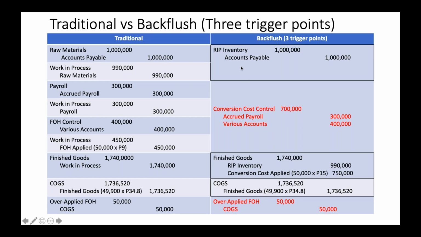Again, the trigger points are upon purchase and upon completion. So upon completion, this is our entry. And all the amounts can be computed because we know the standard unit cost and the applied rate for each element, for raw and in-process and the conversion cost, and that is 15 and 19.8. Okay, upon sale, that's another trigger point. We will do an entry, debit cost of goods sold,